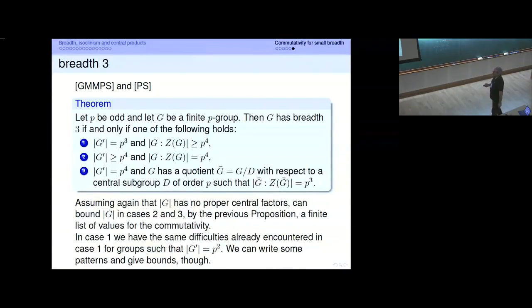And for case 1, we have the same difficulty that we had before. I mean, Kamina groups or semi-extra special P groups give us something of which we can compute the commutativity, but we cannot control the decomposition within central factors. I think I should stop here. Thank you very much.